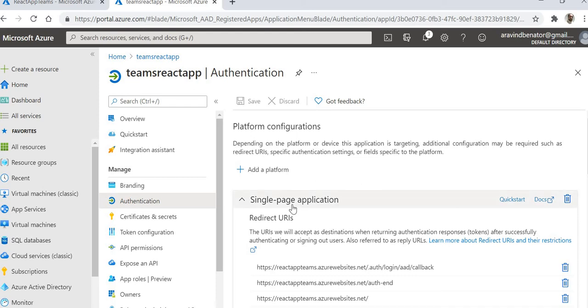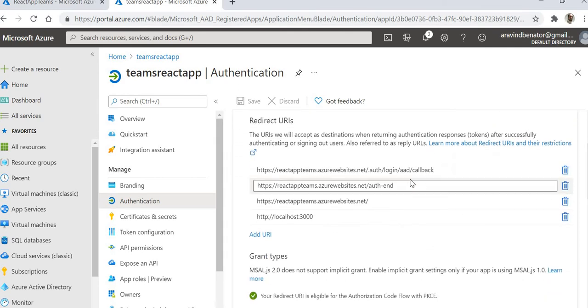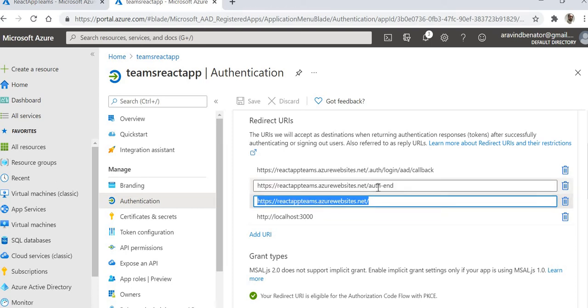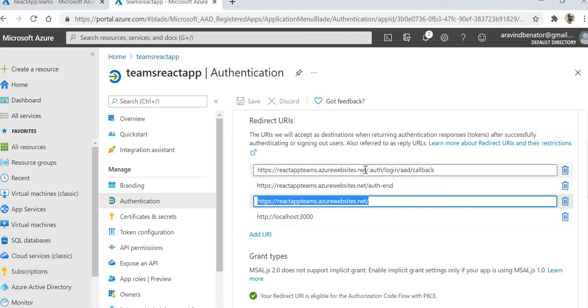For the platform, I selected single page application, and for the redirect URI we need to set the first thing, our hosted URL, another is the hosted URL/auth-end, and another URL is /auth/login/aad/callback. These three URLs I have included in the redirect URI.